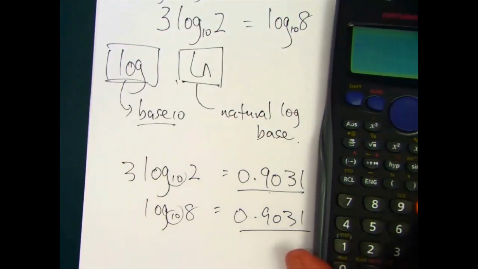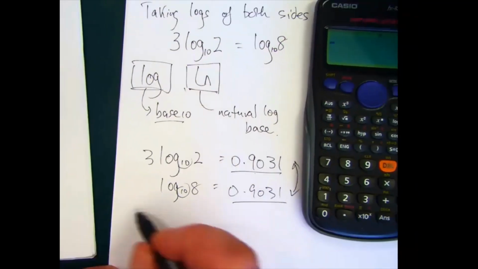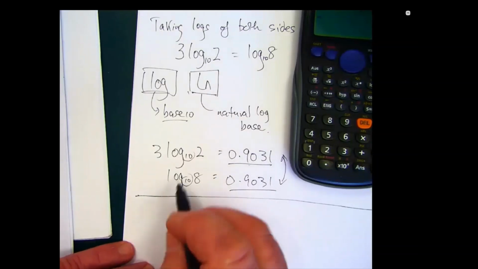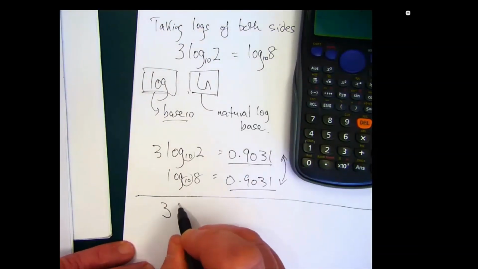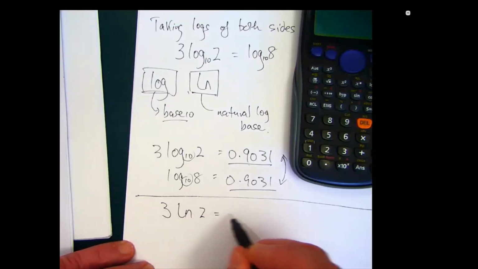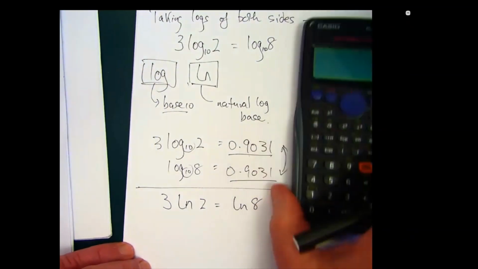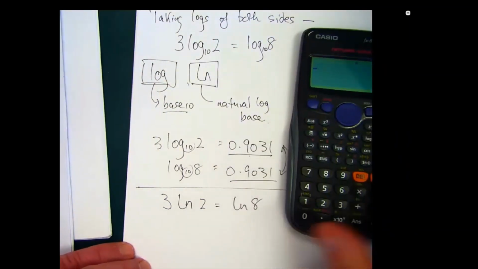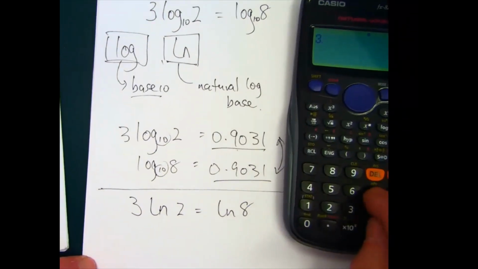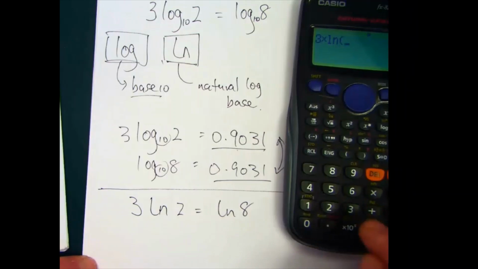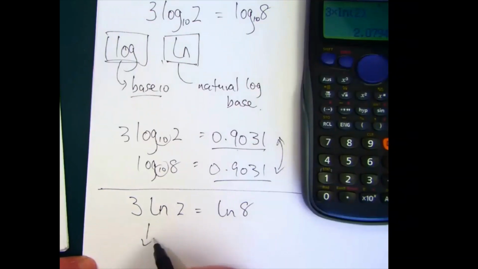Now let's do the same problem, but we'll use the one next to it. So if this is correct, I should be able to say, taking logs of both sides, 3 ln 2 must equal the natural log of 8. Now the ln function is used. It's not base 10, it's base e. Now let's have a look at this. So 3 times, now I'll use this one, ln. Notice there's an ln there, so we're in log base e, and I put the 2 in, close the bracket for good practice, and this side now equals